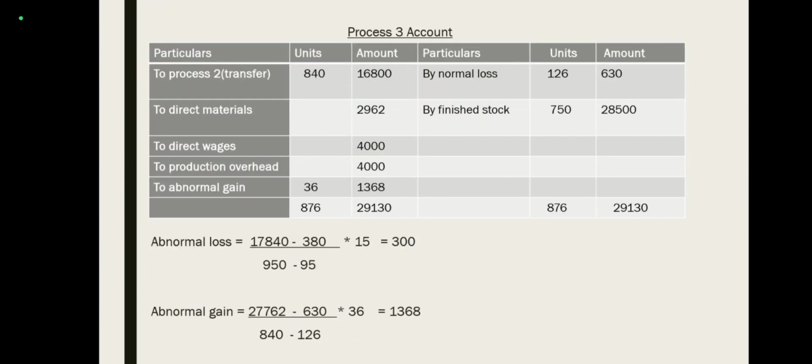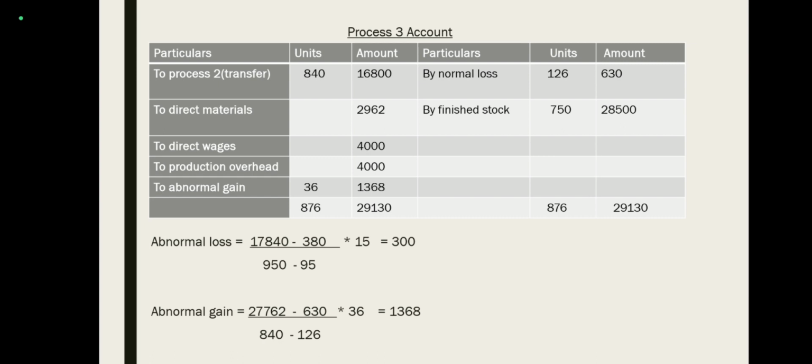So we have to prepare the process 3 account. The process 2 balancing amount we have to transfer to the process 3 account, that is 840 per unit and 16,800 amount, and debit all direct expenses, that is direct material, direct wages, production overhead, that's all. So we have to credit normal loss, that is the balancing amount, by finished stock given in the question, that is 750 per unit and the amount is